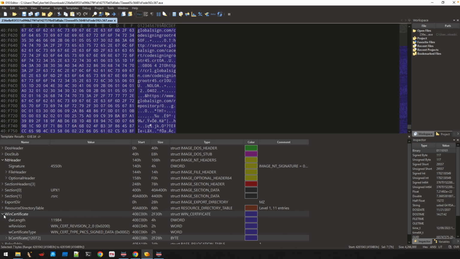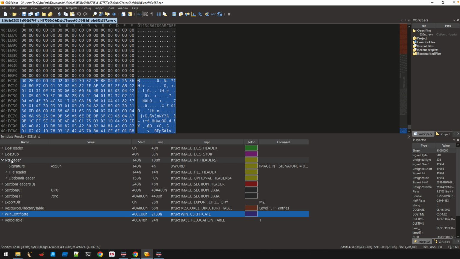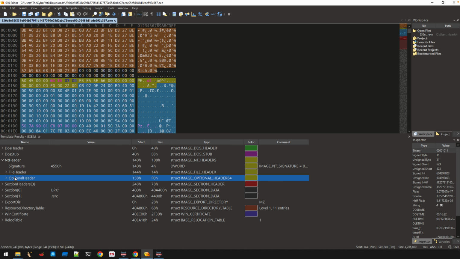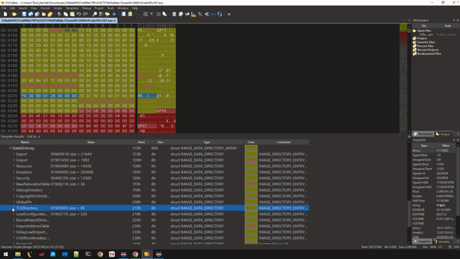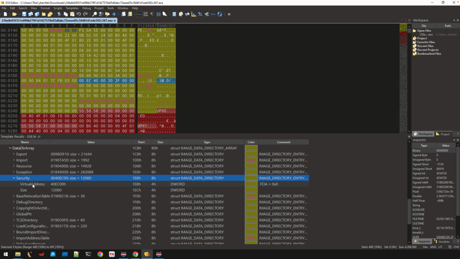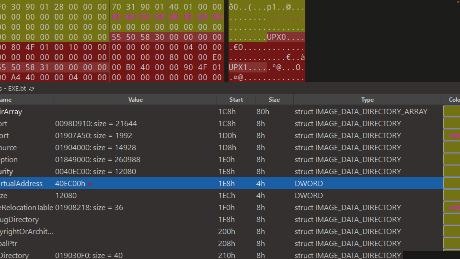Now, if I back up, we can figure out the structures that support this in the PE file format. Under the image NT headers, we have the optional header. Expand that and scroll down. We'll have the data directory, an array of image data directory structures. Here 010 calls it security. And again, this virtual address, this is not a virtual address, this is the raw offset into the file. You'll see that matches up with what we just saw,